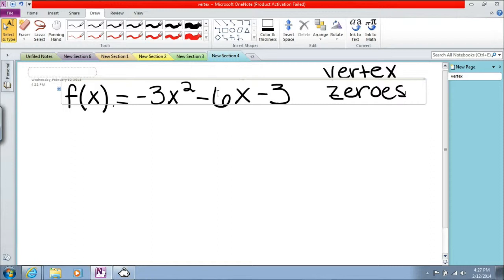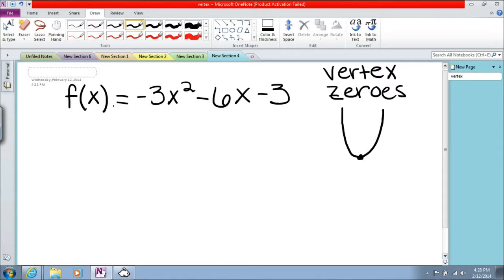It's a quadratic function. So if it's the shape of a parabola, we're looking for that point, that vertex that's at the very bottom of, or in this case, the very top of our